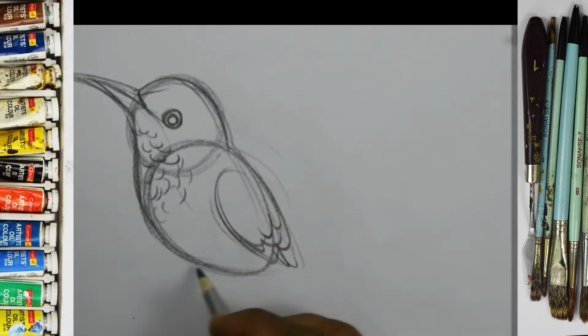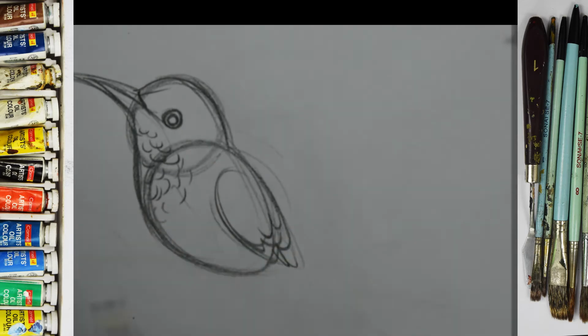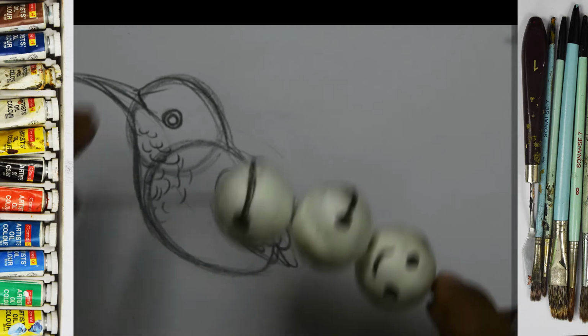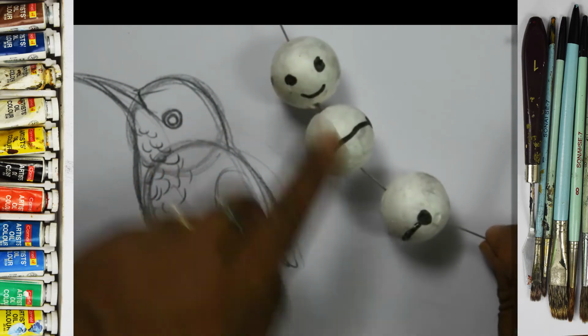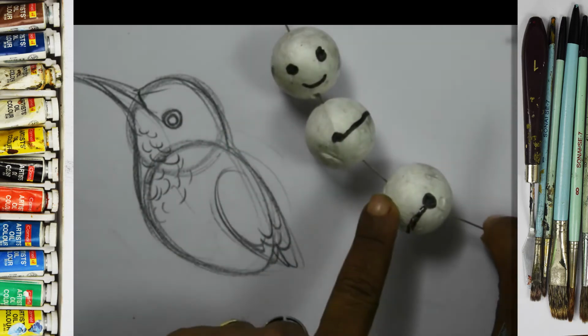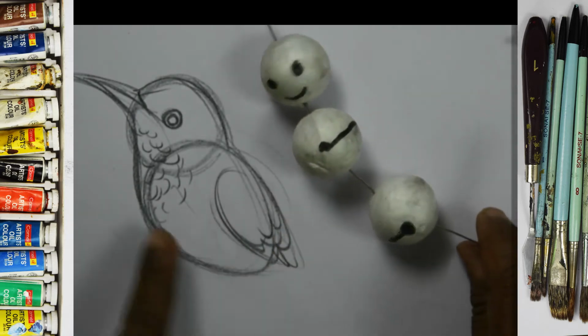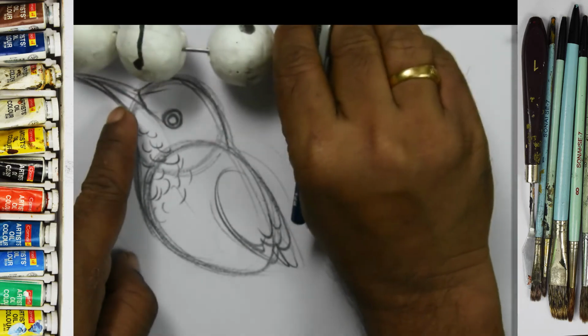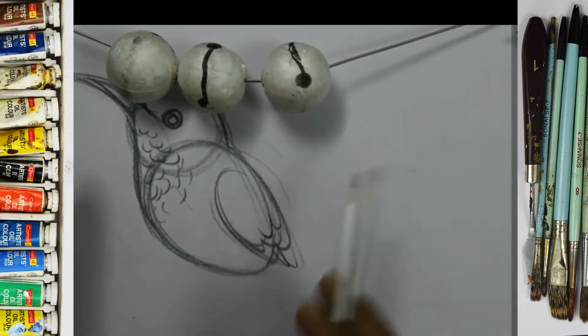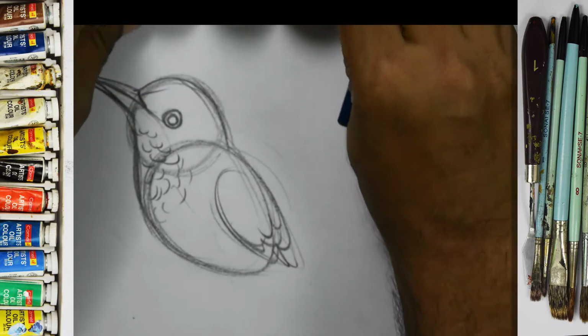See, that is how to draw the very first bird. Now in this bird, you also need the body divided into 3 parts. Let me explain the 3 parts. Every bird's and human character's body has 3 parts. So what are the 3 parts? Head, torso, pelvis. Head, torso, pelvis. This is the head. The head always comes from the top, then the torso, then the pelvis. I will show how it works.